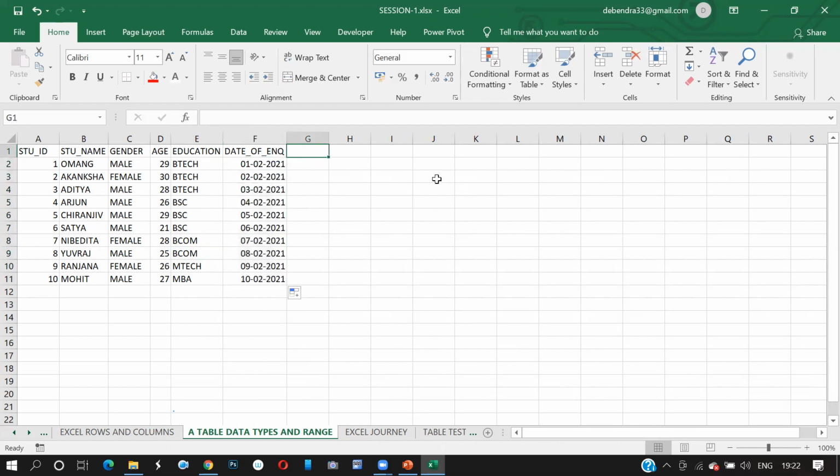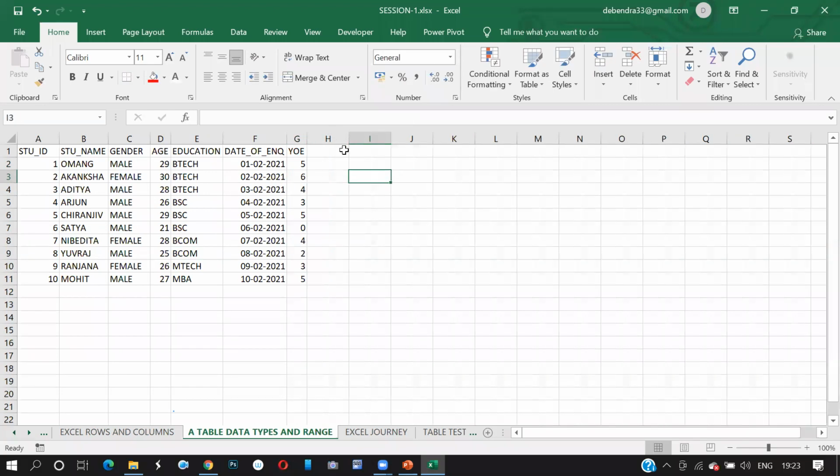Great. Now, if they have any years of experience, which is given as this guy is having 5 years of experience, this is having 6 years, 4 years, 3 years, 5 years, this is having 1 year, 0 experience, 2 years, 4 years, 2 years, 3 years, and 5 years. The course they opted for is going to be data science.